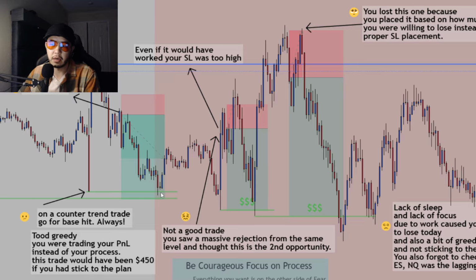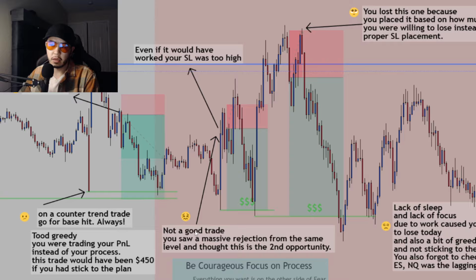I was going to take off the trade here, but I didn't. I was like, you know what, it's going to go further. And of course it didn't. It did eventually, but yeah. I trailed my stop loss a little bit too aggressively. I got out of this trade for over $100, and I ended up losing it anyway. And then this one,